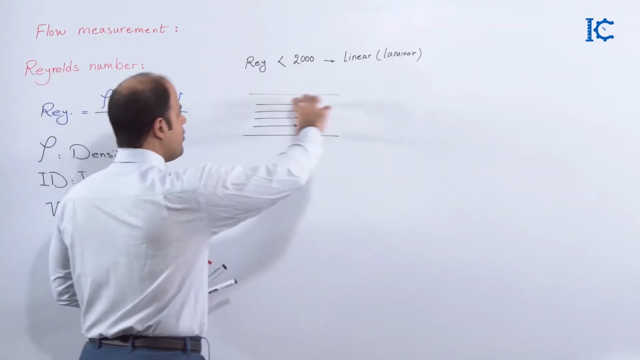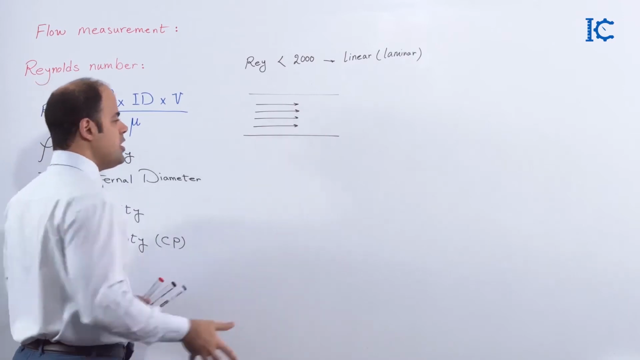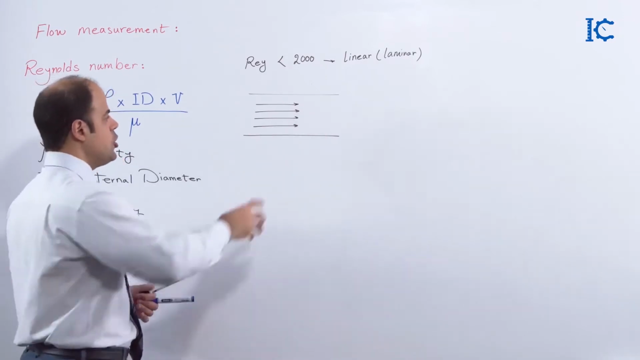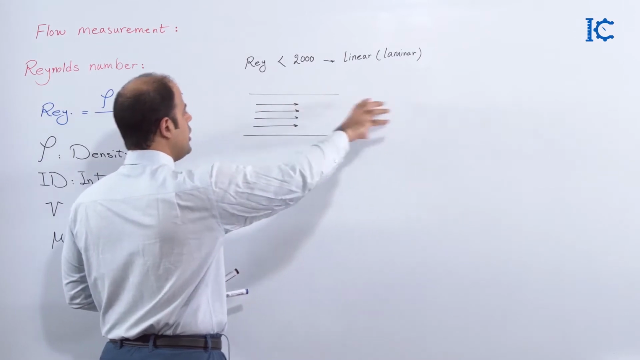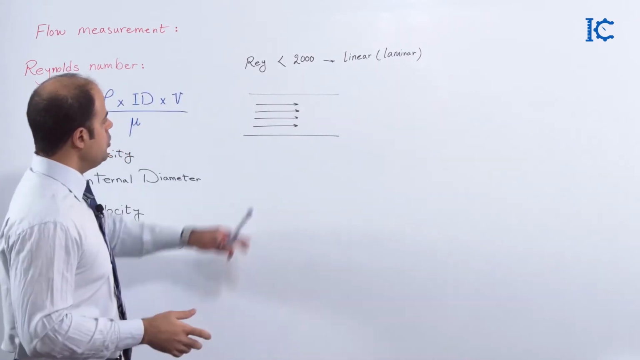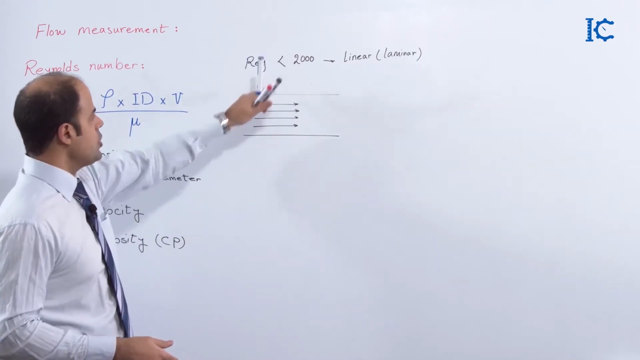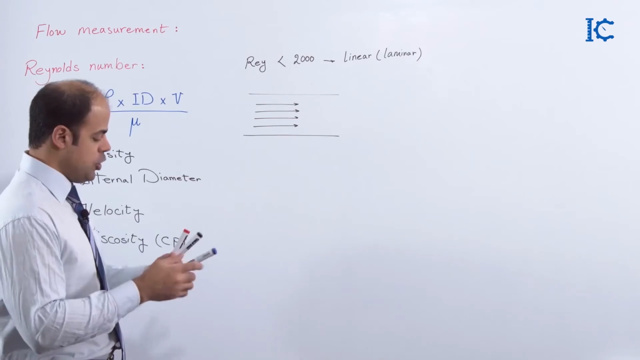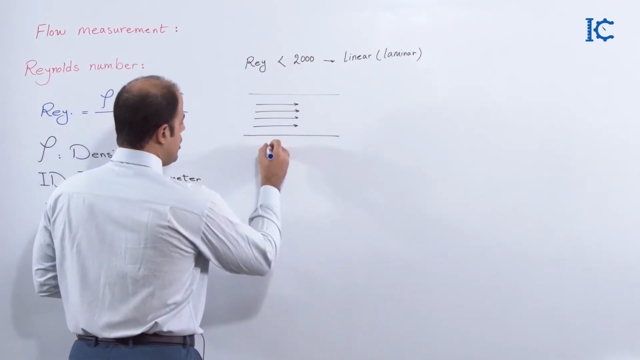So the fluid is calm, in peace and quiet in the pipe, and it passes very smoothly and very uniformly. This would be called linear or laminar flow, based on the Reynolds number that you can see there. Another case: if the Reynolds number